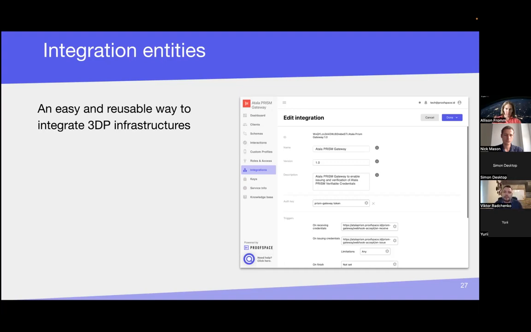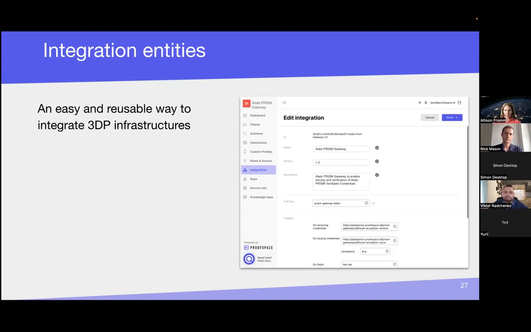So to integrate Atala PRISM, we understood that our previous webhook functionality is not enough to support complex integration and delayed issuing of credentials, because the issuing starts on the dashboard, then data goes to the Atala PRISM gateway. We are waiting for the publishing of a transaction to the Cardano blockchain, then it goes back and we issue this credential to a user. So to develop this, we decided to have an integration entity, which allows us more